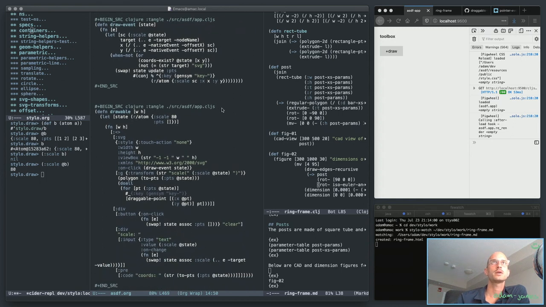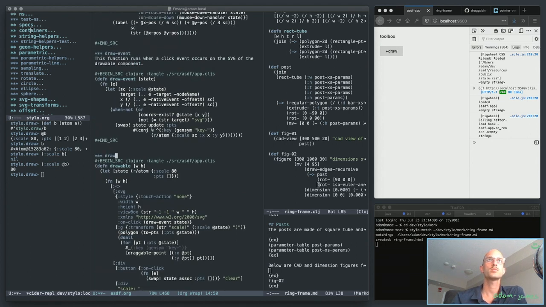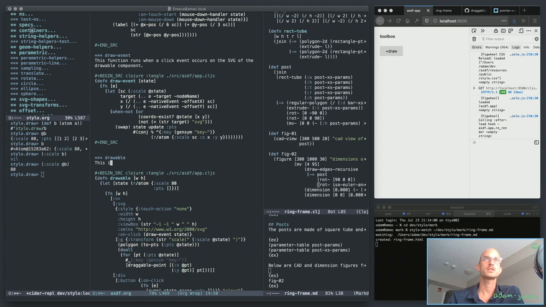Okay, here now I've got, is it 3? Yeah, drawable. This is the component that